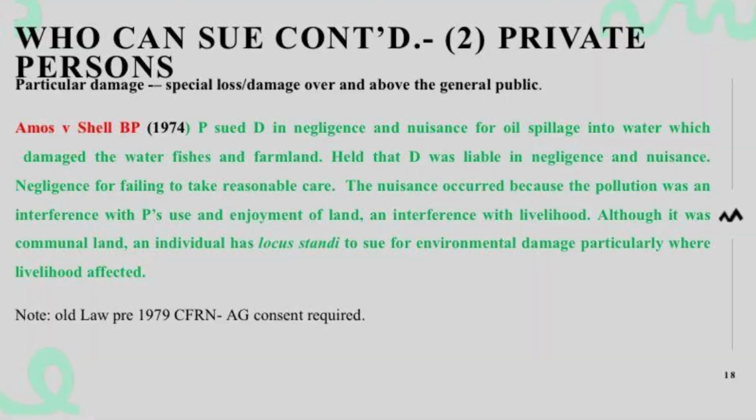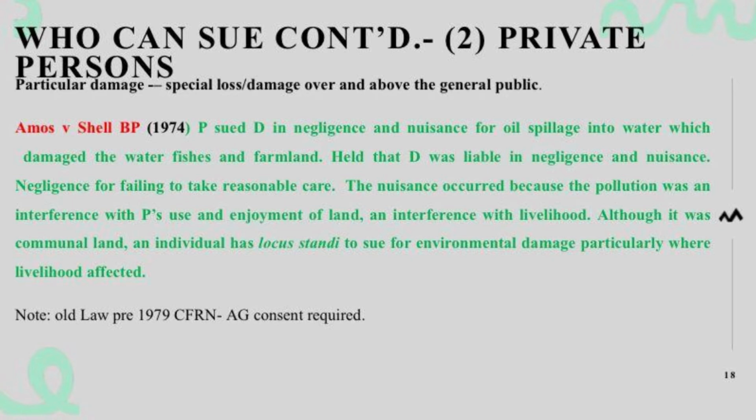I'll take that one about particular damage. What do we mean by this? What we are saying is that a person must be able to show that their own damage is peculiar, is special, is over and above the damage that others in the society have suffered by virtue of that activity of the defendant. For instance, the obstruction of the highway. What I have suffered as an individual is more than what others have suffered. So you're talking about special loss or damage beyond what the general public have suffered.